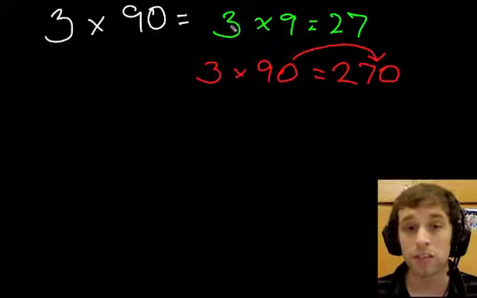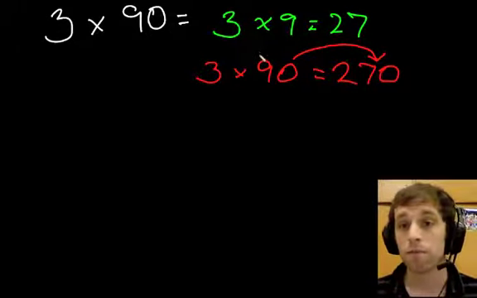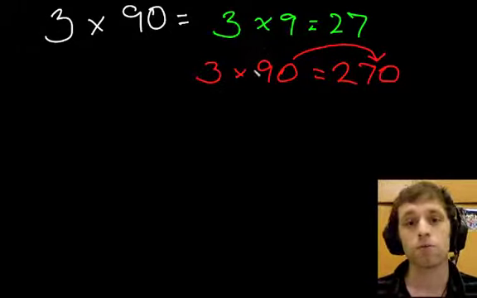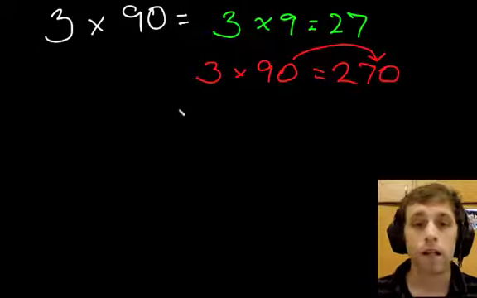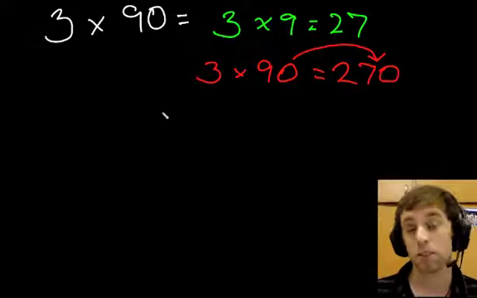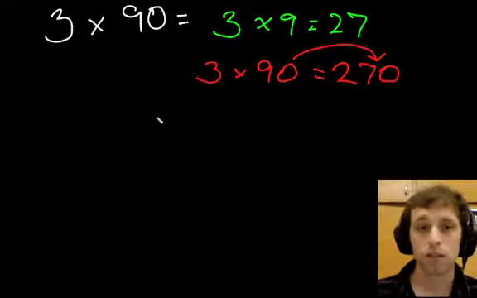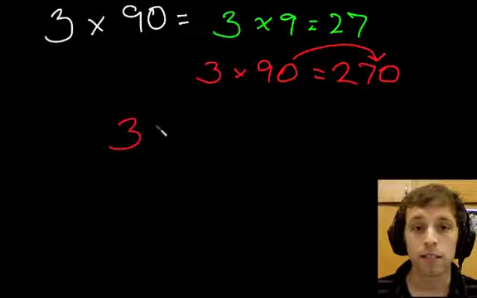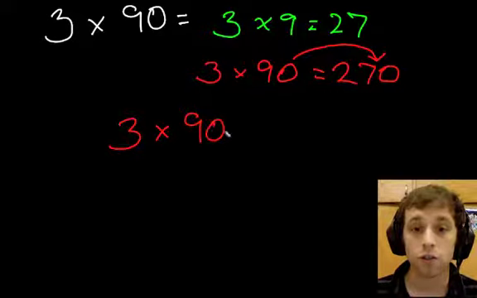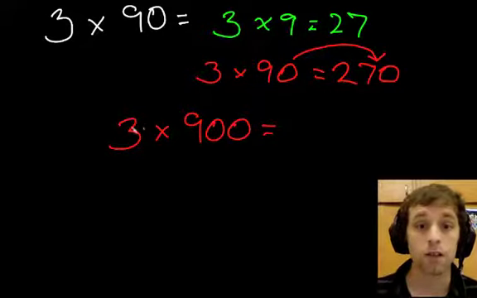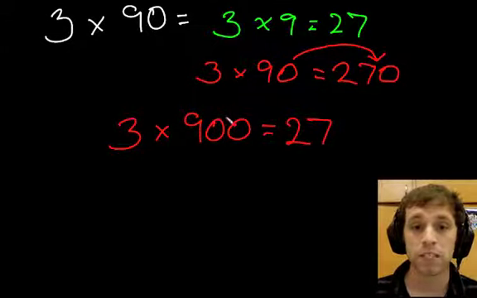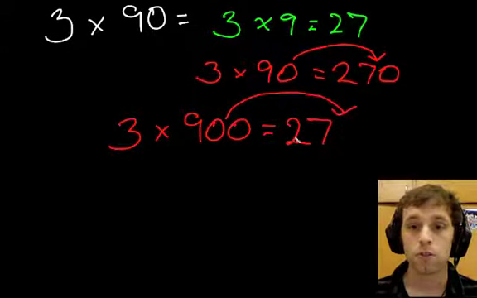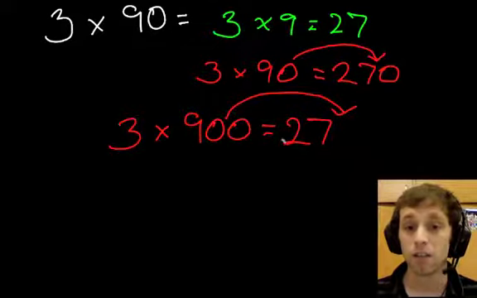So if we know the basic fact is 3 times 9 is 27, then if we follow our pattern, we know that 3 times 9 tens, or 3 times 90, is 270. Do you see how I just brought that 0 over here? Now, let's follow our pattern and pretend we're multiplying by hundreds. So this time, we have 3 times 900. Since we've already done the basic fact, 3 times 9, we can write that down. We're not finished because we still need to bring over those zeros. So in this case, it's 3 times 900 equals